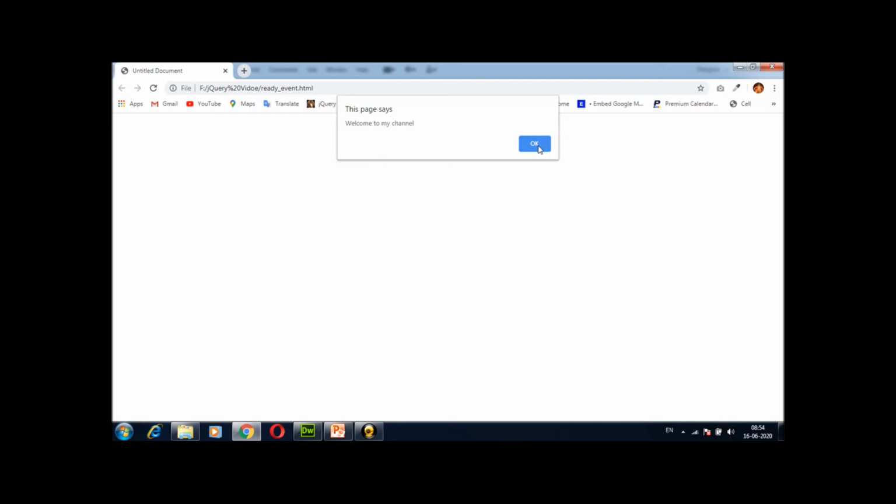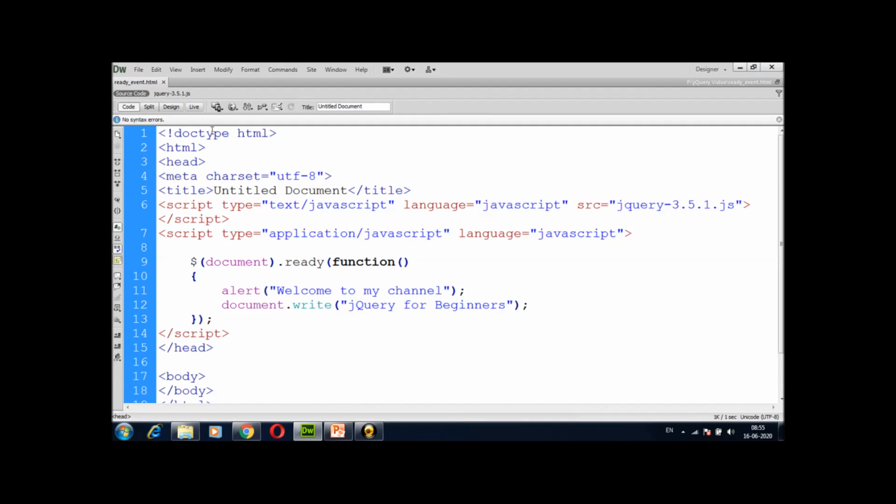Then I will press the OK button. Then it will print jQuery for beginners. So here our ready function is working properly, and the syntax alert and document.write are also printing proper messages.